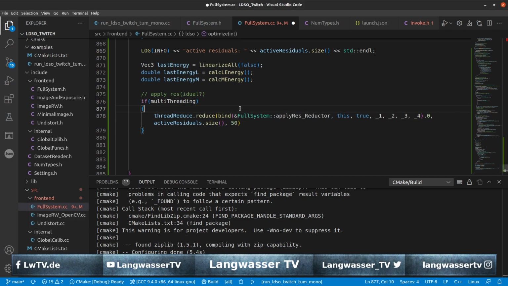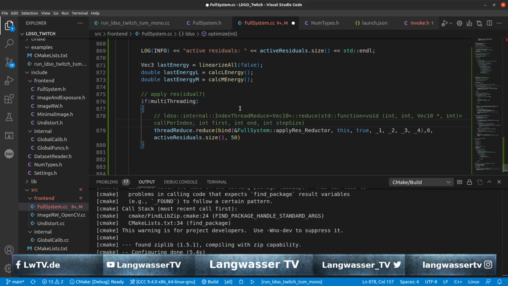Let me quickly copy that from the original code base so that this will make a little bit more sense. So this reduce method here is implemented in the LDSO internal index thread reduce. So we do not have this yet, but this is implemented here. It will take in a function which takes 4 arguments, as I already told here. It will also take in the first integer and the end integer